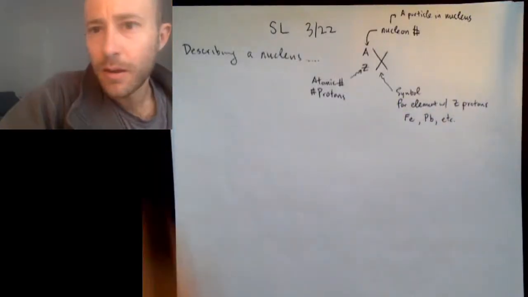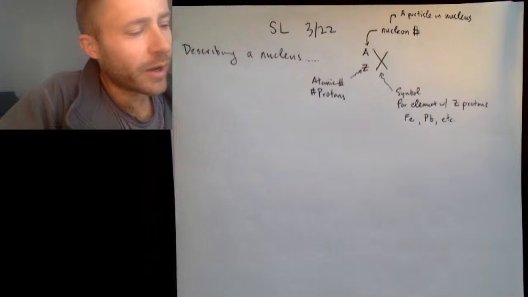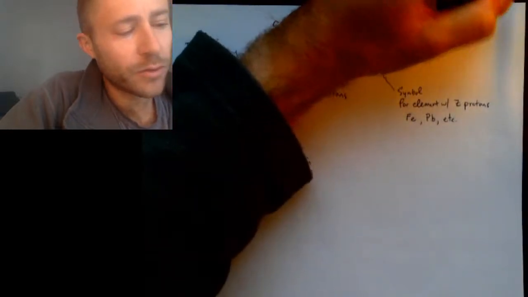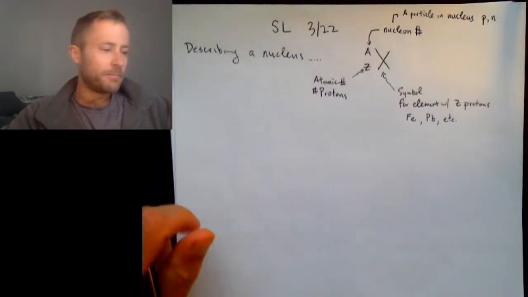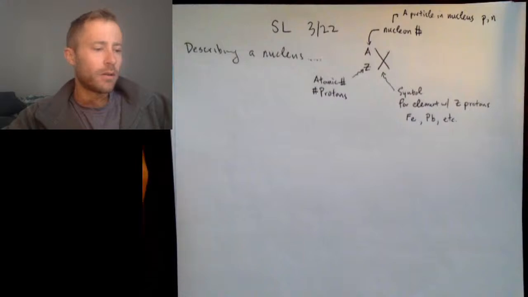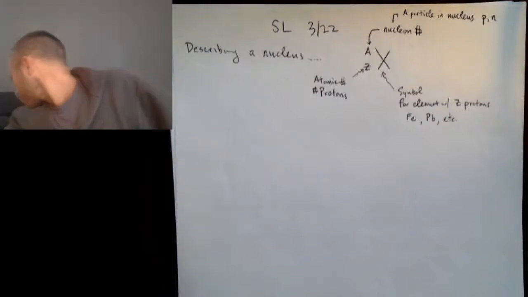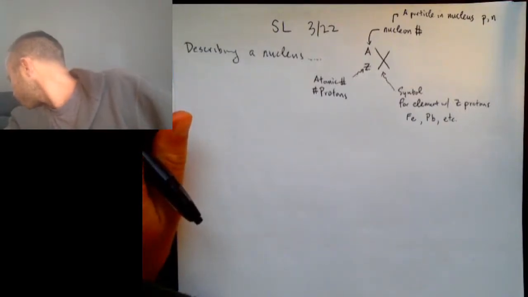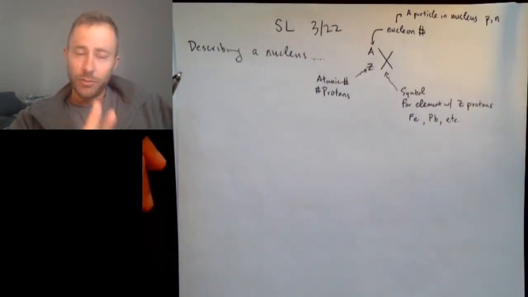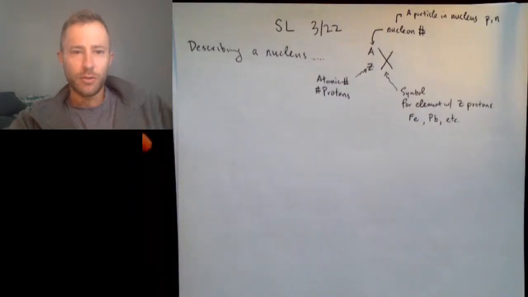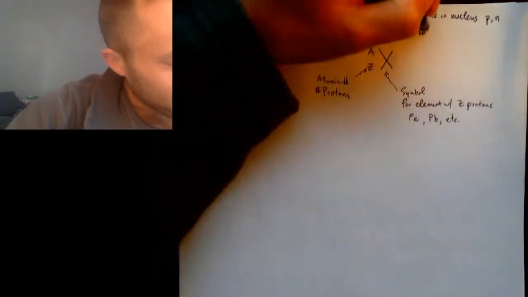That could be a proton or it could be a neutron. So that is what is meant by a nucleon. A nucleon is a proton or a neutron because those are the two particles that you find in the nucleus. It is also called the mass number